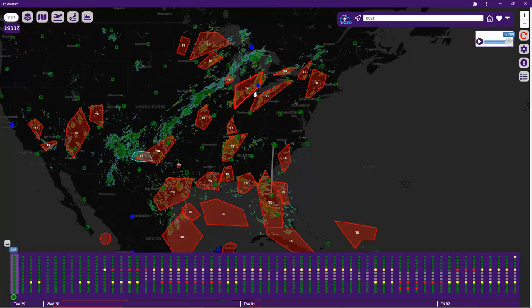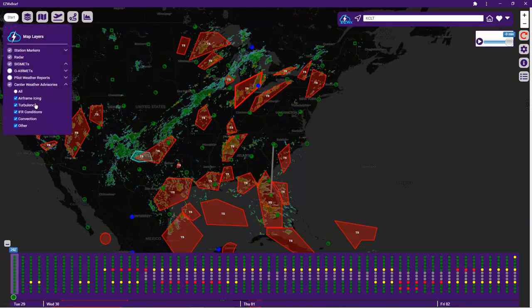All right, so that gives you a pretty good idea about what's happening with convective SIGMETs. And there's one more topic I want to talk about, and that's center weather advisories. You'll see center weather advisories. Very similar to SIGMETs in that there's airframe icing, turbulence, IFR conditions, convection. There's even other, and other is kind of a catch-all, because unfortunately, well, let's say the convective SIGMETs have